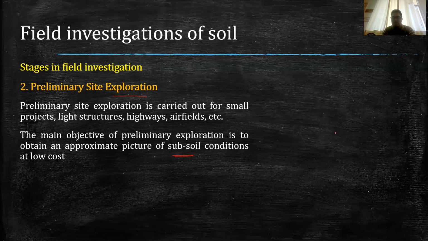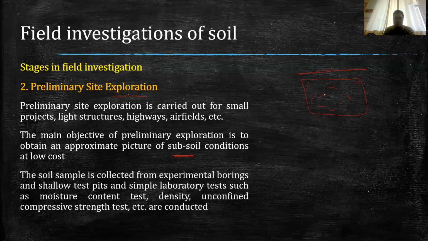Subsoil is basically the soil below the ground. So if this is ground level, then the soil below this ground will be the subsoil. Basically in this stage, we try to find out the properties of this subsoil at low cost. So in this, we collect some samples with the help of boring,